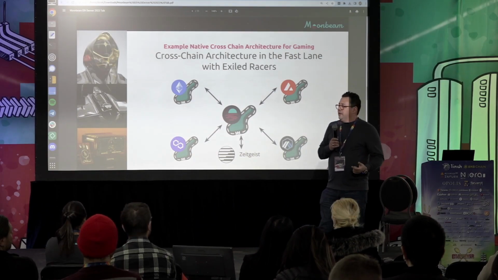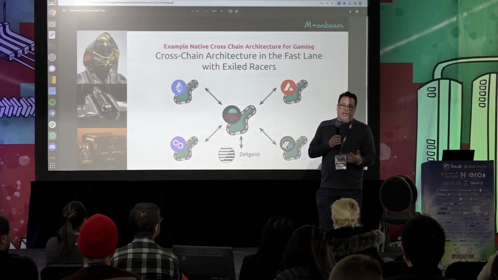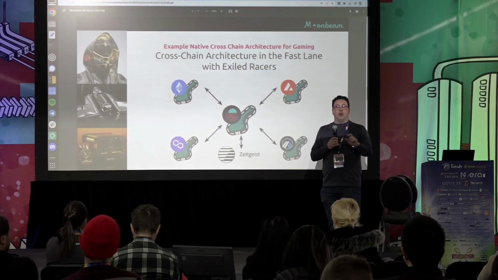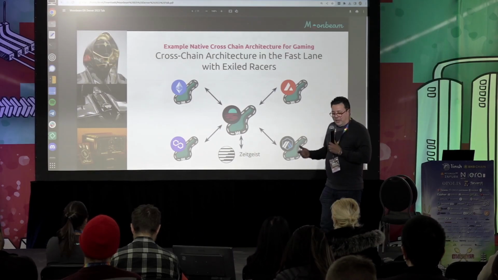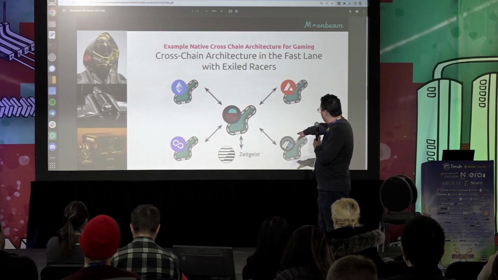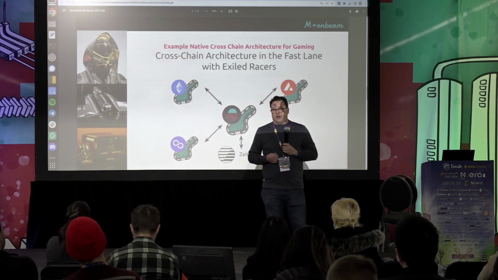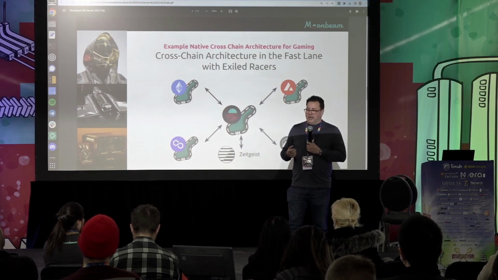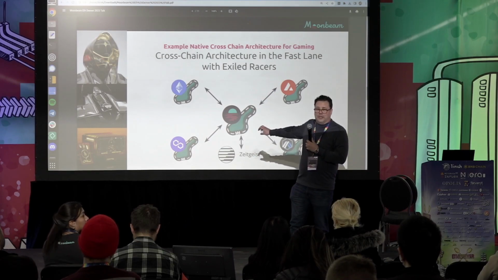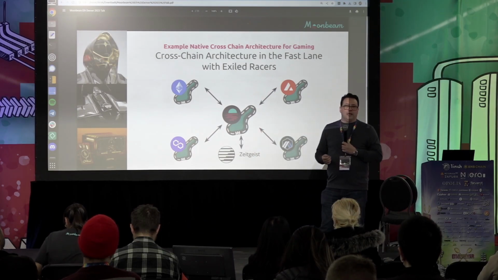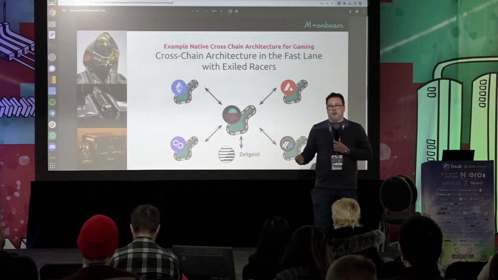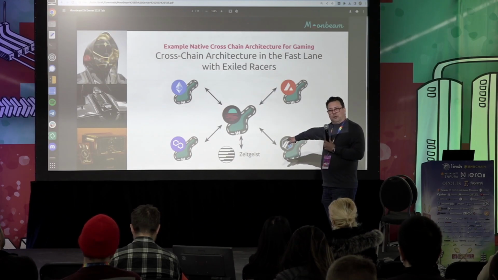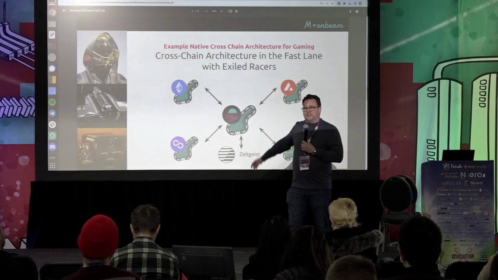But the data about what happened in the races is aggregated back to Moonbeam. So you have a kind of universal view of the performance of what happened across all the different chains. And then there are kind of interesting things they're doing. So for example, you see this Zeitgeist chain below. So Zeitgeist is another parachain on Polkadot. They have a prediction market. And so the integration there is, okay, if the data about the races is all aggregating back to Moonbeam, now people can use a prediction market on Zeitgeist to make a wager on the outcome of a race. So you can wager on a race, the race happens, and then the outcome of the race, the user can then claim winnings if they guess correctly in the Zeitgeist prediction market.